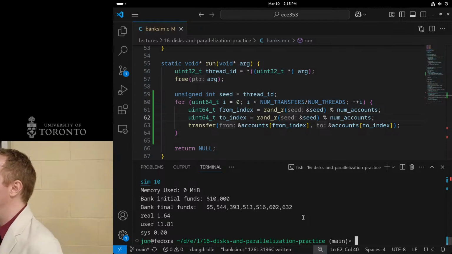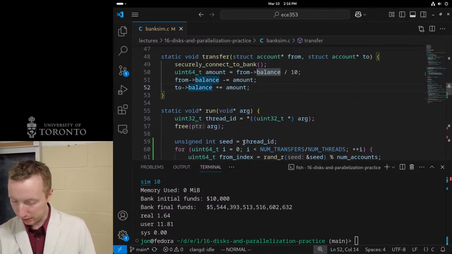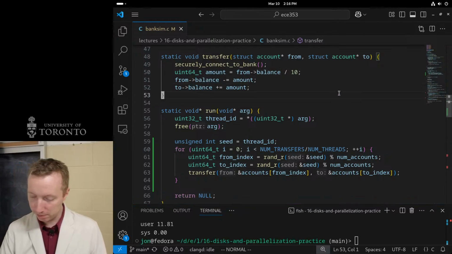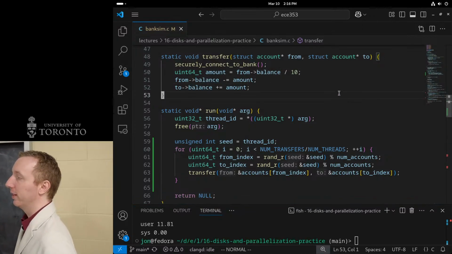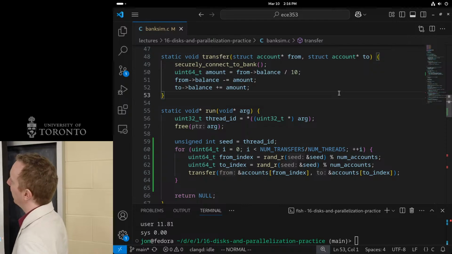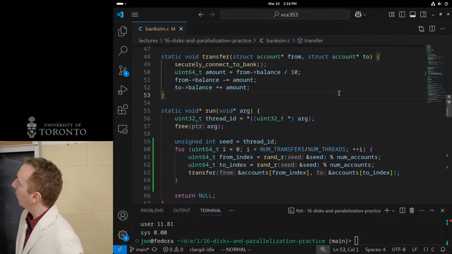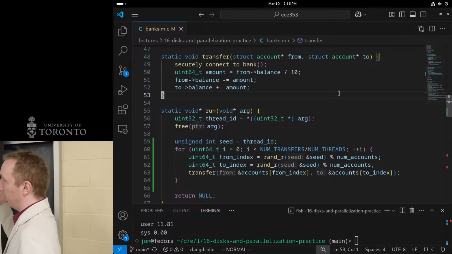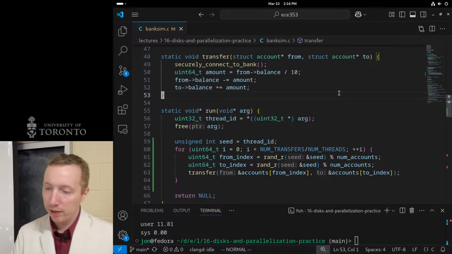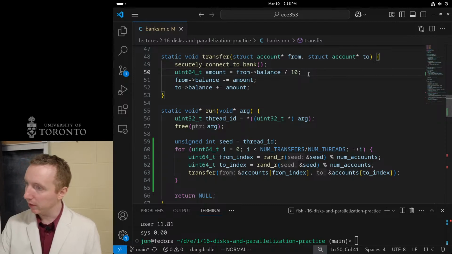Fix, please, what happened? Yeah. That happens because we're modifying the accounts variable that's shared between the threads. So what are we modifying which may have a data race? Accounts. What specifically about the accounts? Balance. Yeah, balance. So is it possible that we have a data race for an account's balance? Is it possible that we have two concurrent accesses between threads such that there is the possibility of a data race? Well, yes, indeed there is.